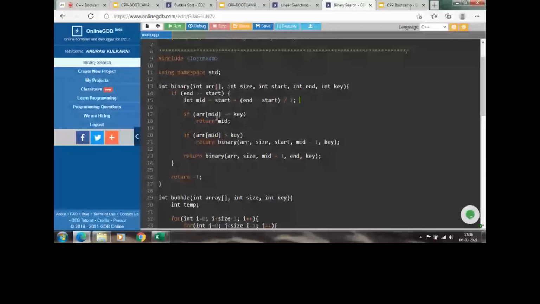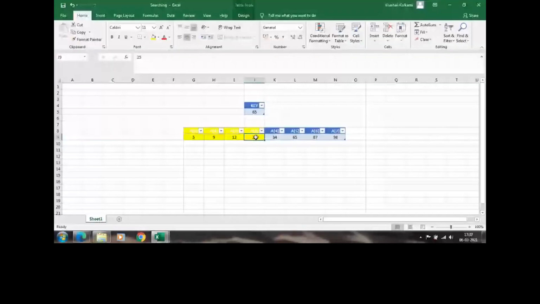If it doesn't match, then we check whether the key is greater than the middle element or not. If the key is less than the middle element, then we pass the start and the end as mid minus 1. So if the key is less than this number, we change the end of the array.